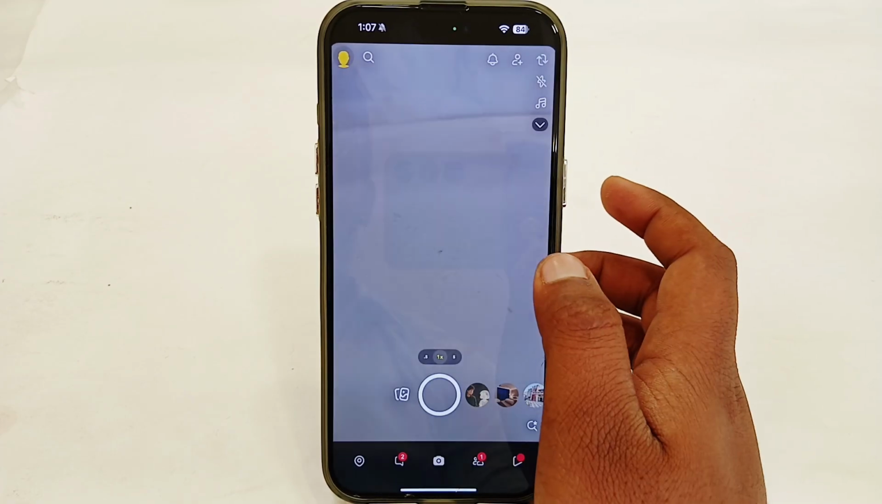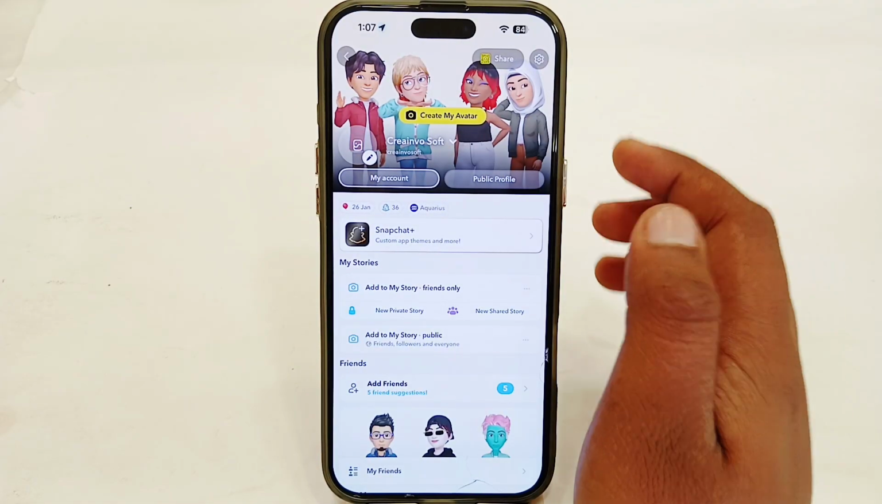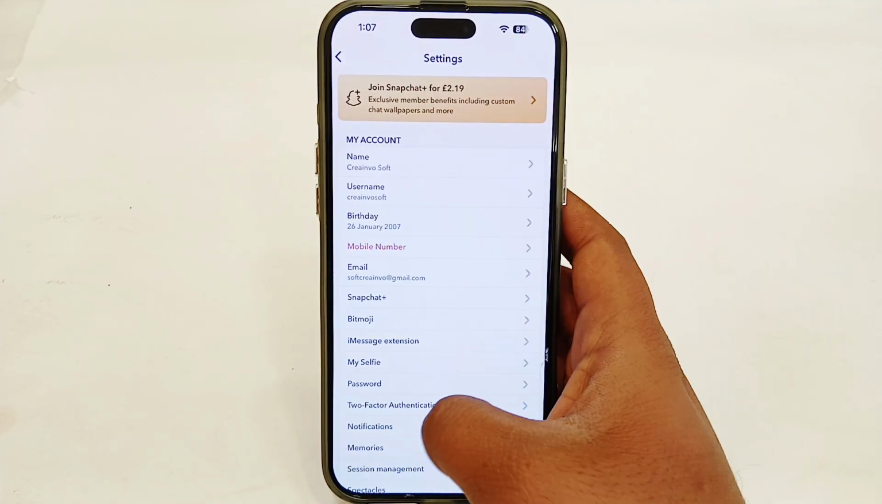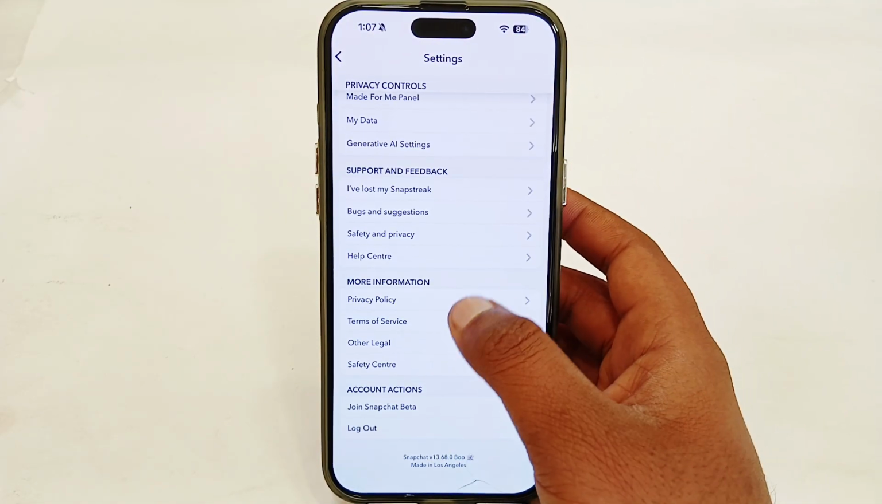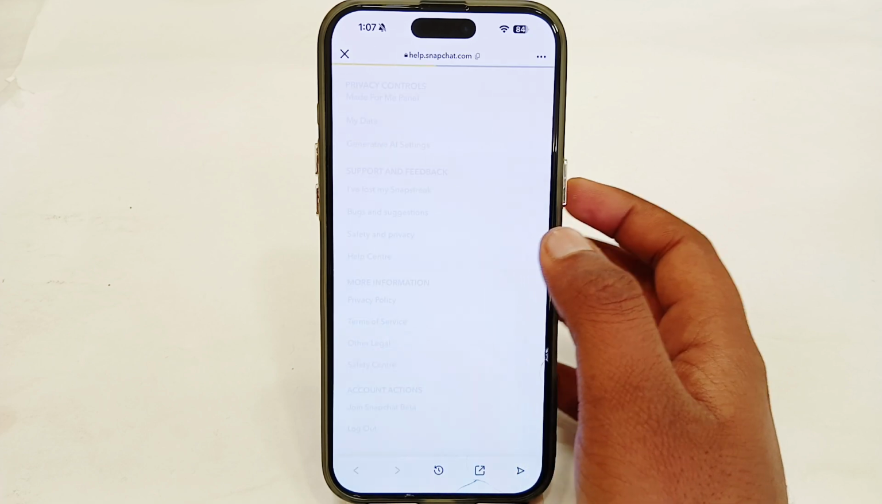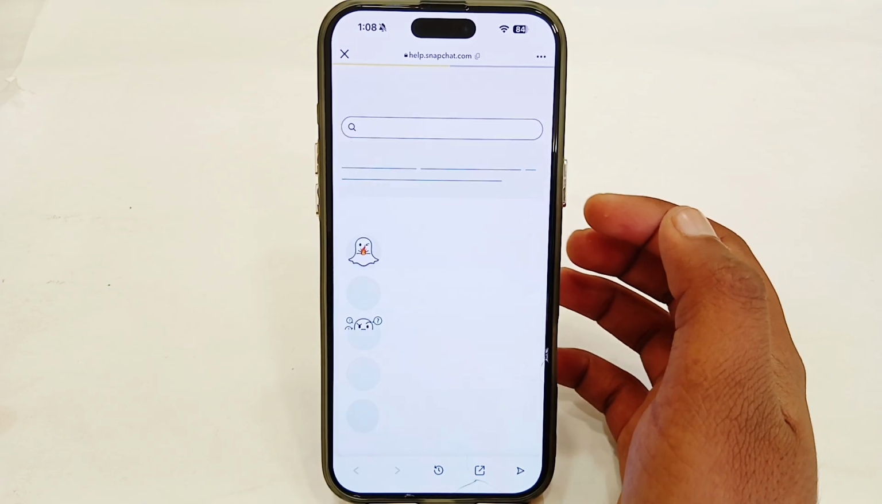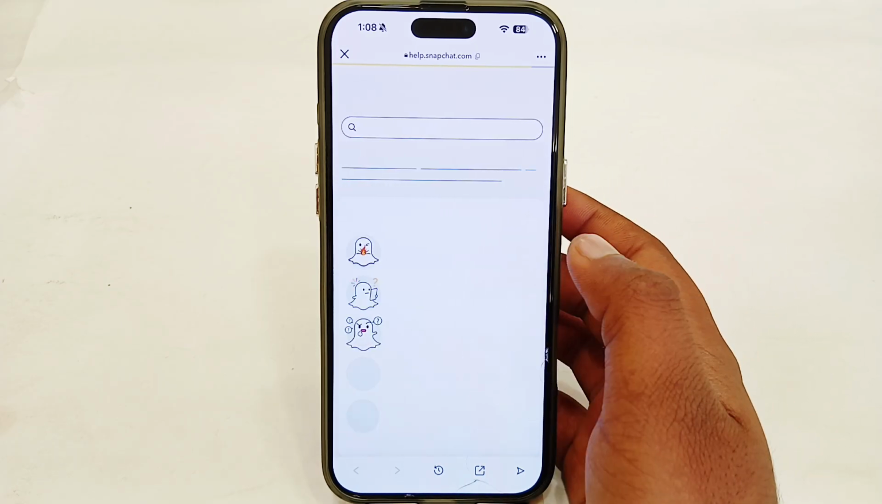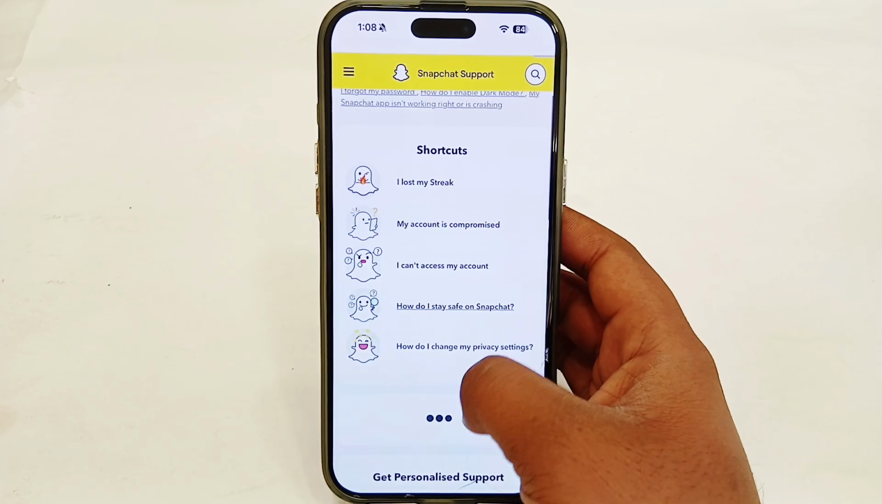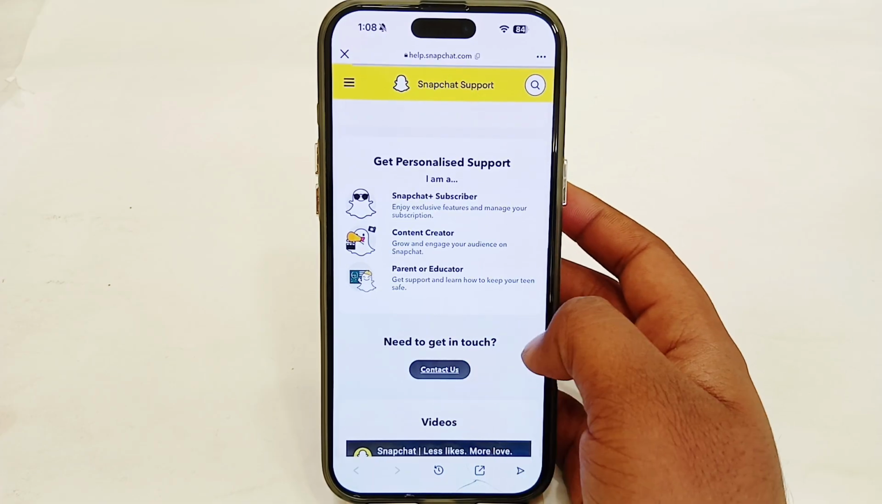If it's still not fixed, there's only one way left. Just open your Snapchat app, tap on your profile option in the top left, then tap on the settings icon in the top right. Scroll down and look for Help Center. Just select that, and here just wait for it to load. And here you just have to look for the option of Contact Us. Just tap on this Contact Us option,